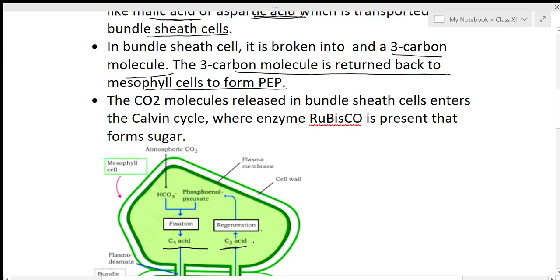The most abundant enzyme in the plant is Rubisco. It is a very important enzyme in plant physiology. So the CO2 is fixed in the presence of Rubisco. The CO2 will be accepted by the RuBP in the presence of Rubisco, and it will form into sugar. I have explained the C3 cycle already. The Calvin cycle is known as the C3 cycle. So what we can see is that in C4 plants, 4 carbon compounds as well as 3 carbon compounds are formed.